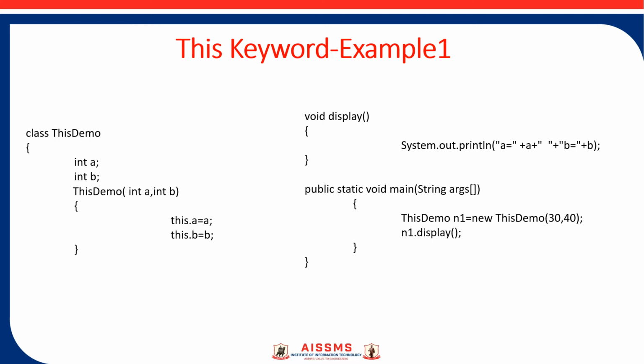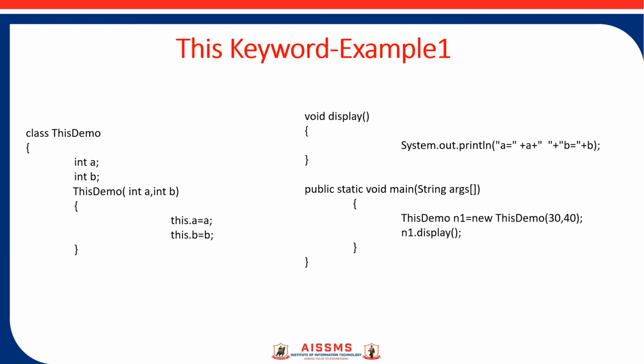So to differentiate this naming conflict between the instance variable and local variable, we use the this keyword. By using this.a = a, we are avoiding the confusion. How will the confusion be avoided? Let's see. The this keyword will store the reference of the object that is invoking this function.